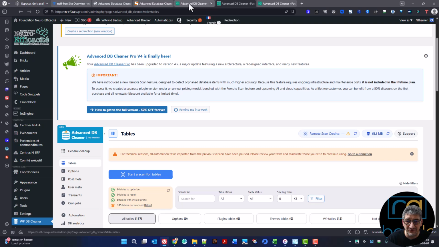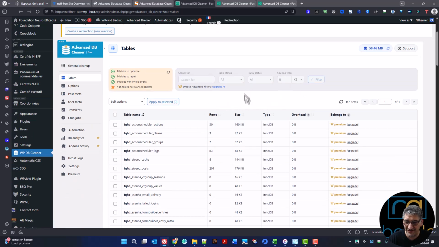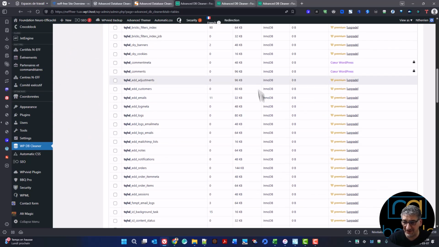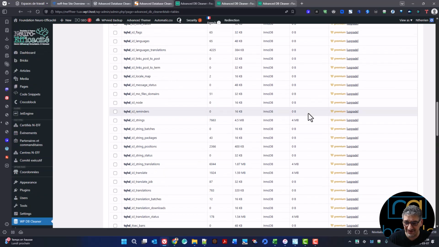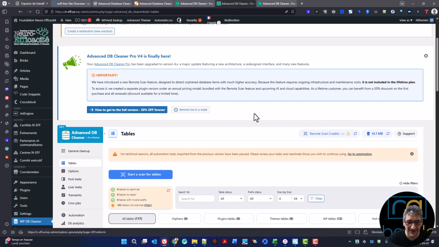That's good to know. So for me, personally, that's a really good reason to upgrade or use a different tool, of course. David McCann has talked about a different tool recently. You might like that one as well. But for me, DB Cleaner Pro, already a big fail here. Did I say Pro? DB Cleaner Free, sorry, is a big fail here because if you cannot scan all the plugins and themes, pretty much useless for me. Anyway,